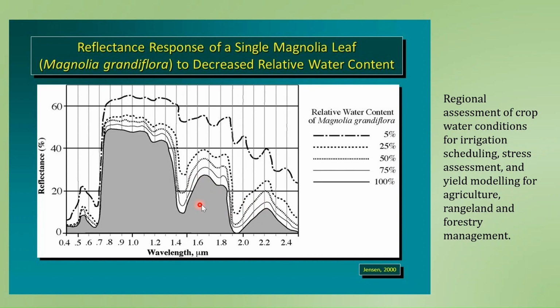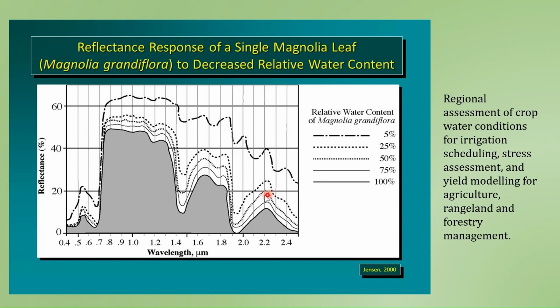Okay, but if the water content decreases, in that case the reflection here will increase. Now we can see here different lines denoting different water content. So if the water content is 75, we can see that there is an increase in the reflectance of the MIR, and then this is the case when we are having 25% water content, and this line is showing the 5% water content. So there is a very significant change in the reflectance pattern in the mid-infrared portion,